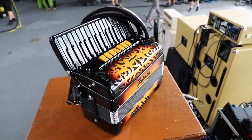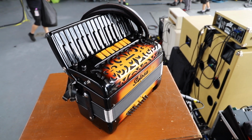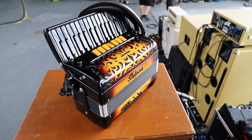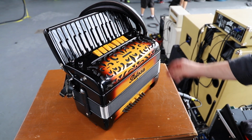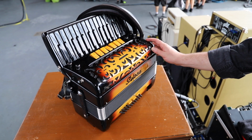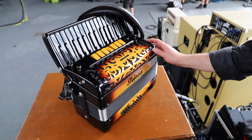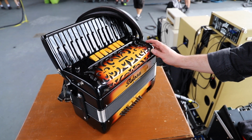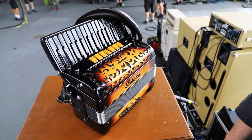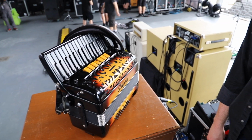I brought it with me to rehearsals kind of on a whim, but everybody loved the sound, and it's actually getting used on several tunes. This has a great, I think it's called a Harmonic, the latest and greatest internal mic and pickup system. That's been working fantastic. Sounds great out front. Very good rejection of drum kit and other loud sounds on stage. So yeah, this thing's been performing like a champ, and the instrument itself is one of my favorite accordions